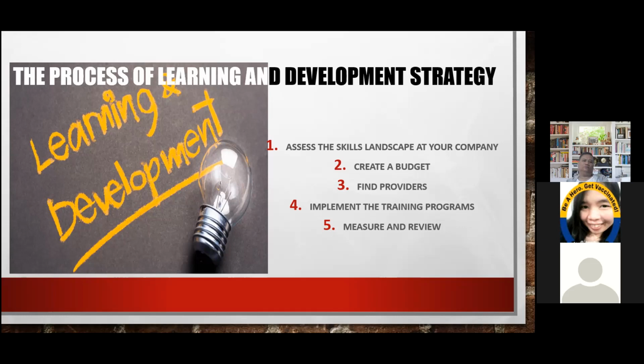Next is to measure and review the programs. During or after each program, get employee feedback to see which programs they like the most and what they'd like to see more of in the future. In addition, evaluate each program against your KPIs. You can also brainstorm new strategies for empowering new hires early on. For instance, consider which employee training programs you can implement right into the onboarding process.